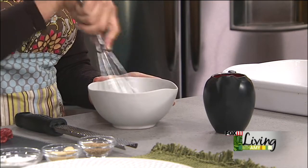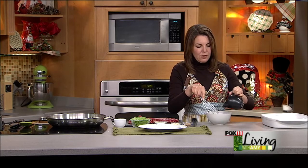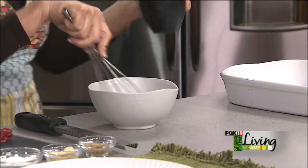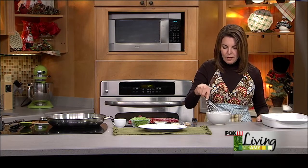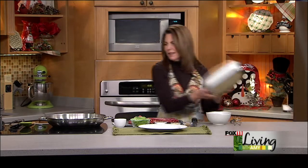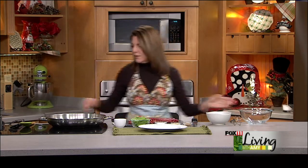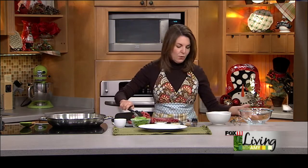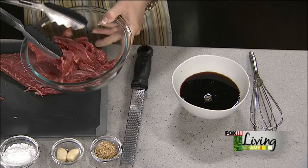And this is just some sherry, which is going to give it some great flavor. This is a quarter of a cup of sherry. Now we're going to use half of this for a marinade, and then we're going to use some of it, and I had this great big old pan, and I don't know what I was thinking. I certainly don't need that big pan for this steak. I'm just going to use the other half as the actual stir-fry sauce. So I'm going to take half of this beef, so about a pound and a half of the beef, and put half of this soy sauce sherry,